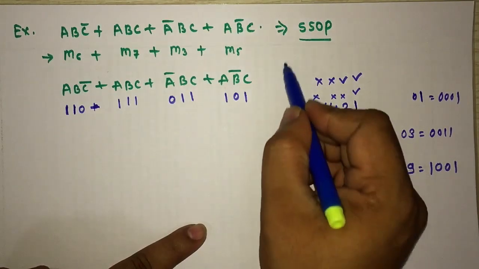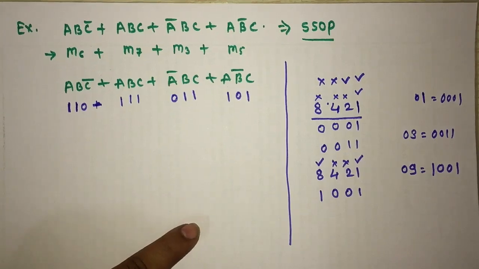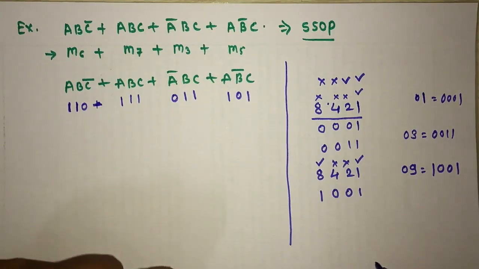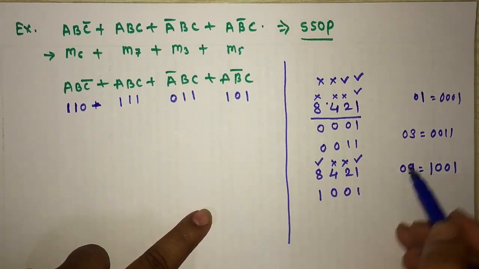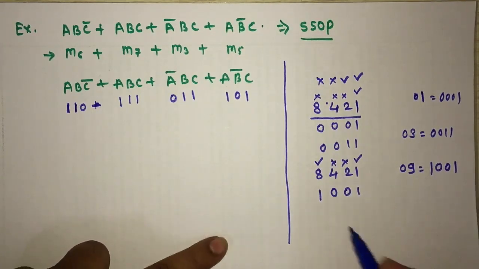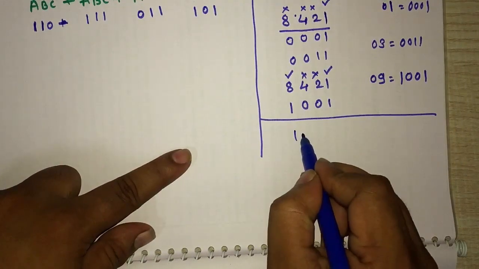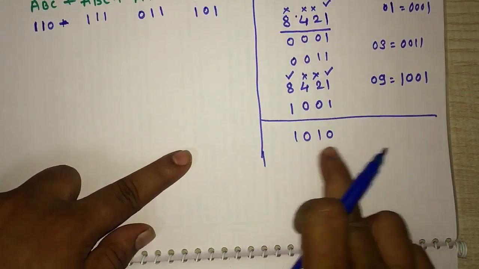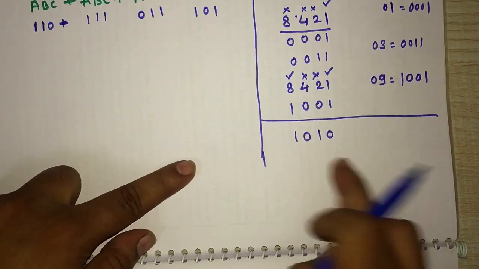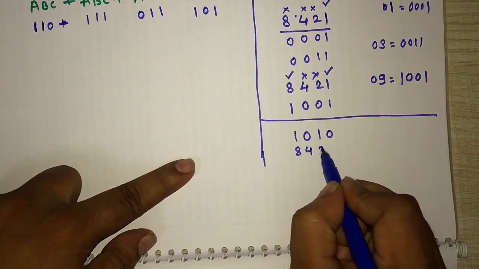Okay, so this is the 8421 format. From that we can convert any decimal value into a binary value, and we can also convert in reverse, that is, from a given binary value we can write the decimal value. How to do this? Suppose for example we have the value 1, 0, 1, 0 and we have to find its equivalent decimal value. Then again use the 8421 format, so here we will write the 8421 numbers.